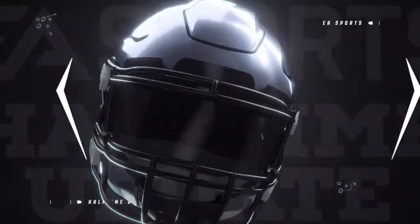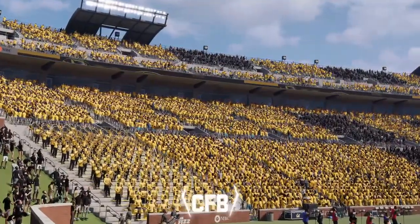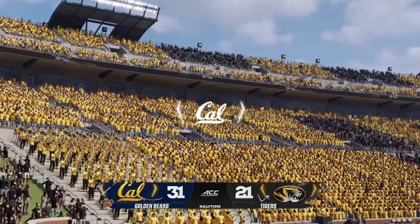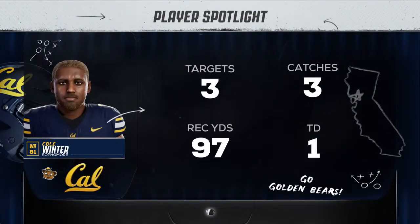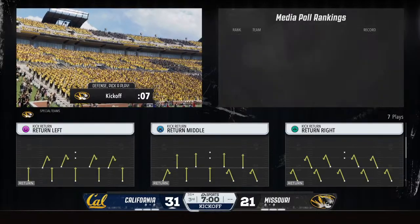That's going to wrap up the first half here, and now we join Kevin with the halftime update. Gentlemen, what else is new? A spirited environment there in Columbia. And how do we possibly begin without